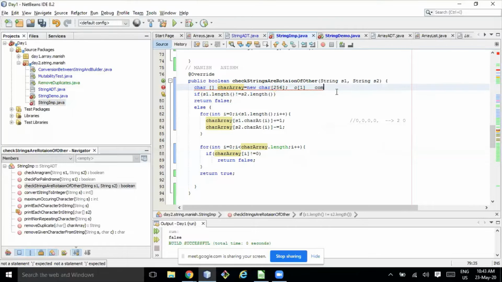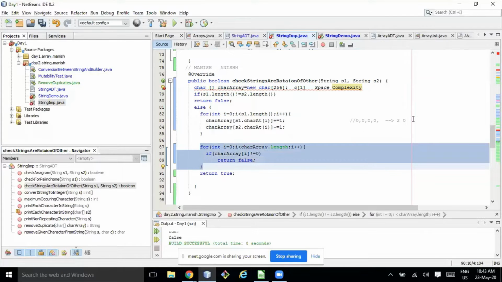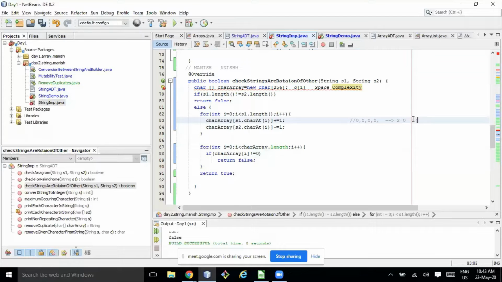That is the space complexity. The time complexity will be order of n for this loop and order of n for that loop, so order of 2n, which is equivalent to order of n only. Now you tell me.